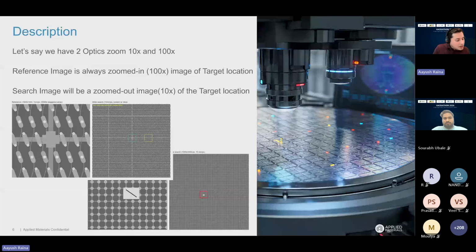Somebody asked that the pattern may be localized to a die, or about multiple dies, one-to-one mapping, reference to one. Don't worry about wafer and die now. We have reached a place where we don't worry about the die. I just gave you a background using a die so that you know why this problem is relevant. At this stage, you can say yes, it is repeating between different dies, but we are talking about two images from here on.